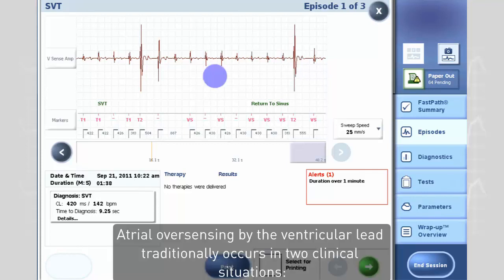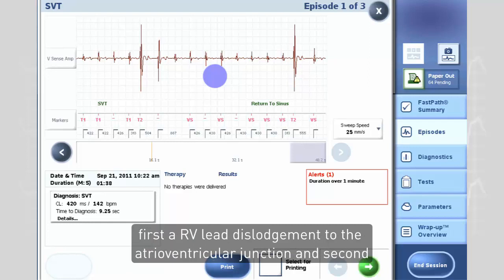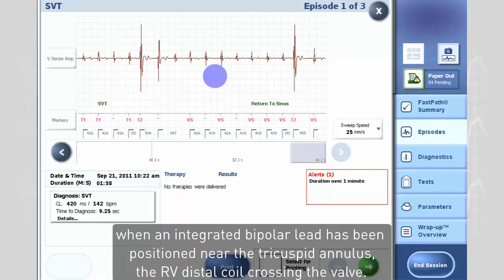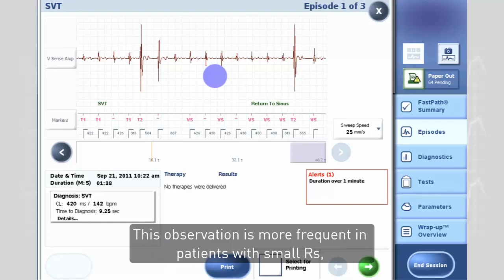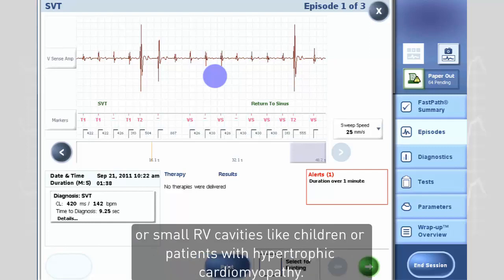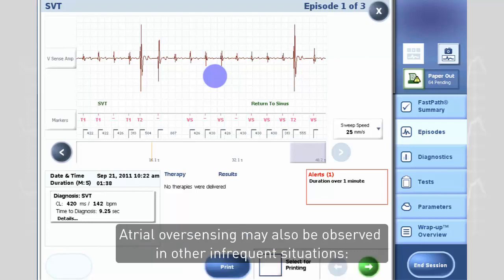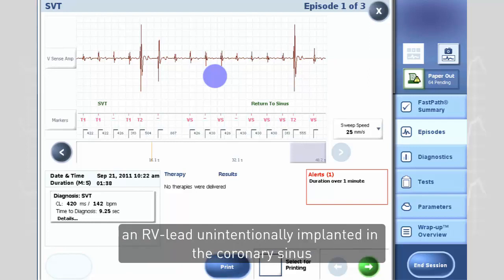Atrial oversensing by the ventricular lead traditionally occurs in two clinical situations. First, an RV lead dislodgement to the atrioventricular junction, and second, when an integrated bipolar lead has been positioned near the tricuspid annulus, the RV distal coil crossing the valve. This observation is more frequent in patients with small RVs or small RV cavities, like children or patients with hypertrophic cardiomyopathy. Atrial oversensing may also be observed in other infrequent situations: an RV lead unintentionally implanted in the coronary sinus,